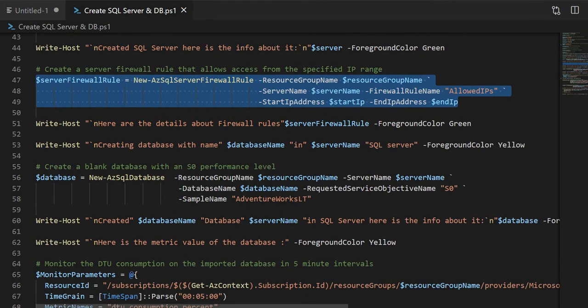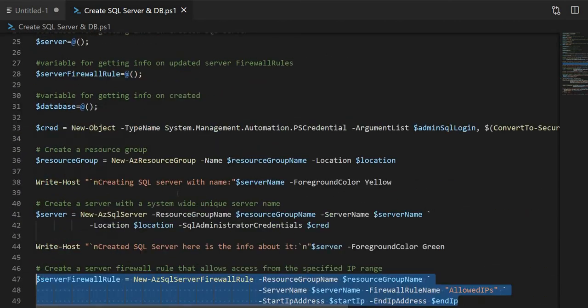Now here I am asking to create a database with the name sampledb001.